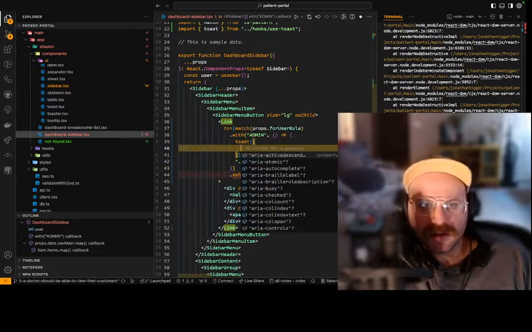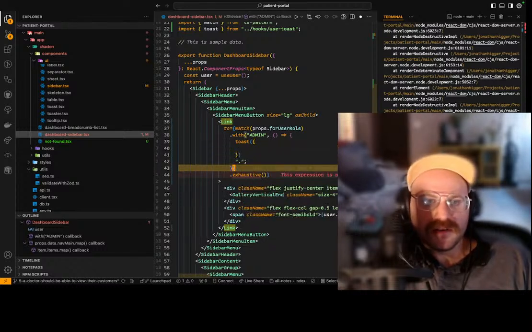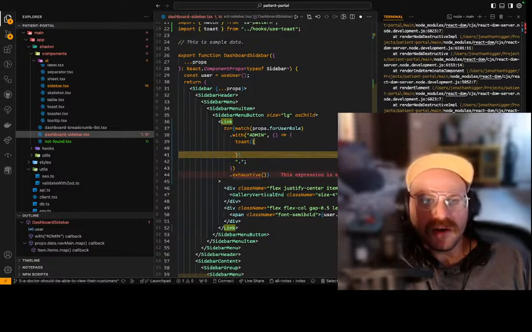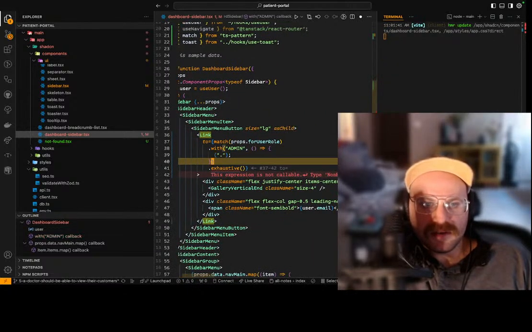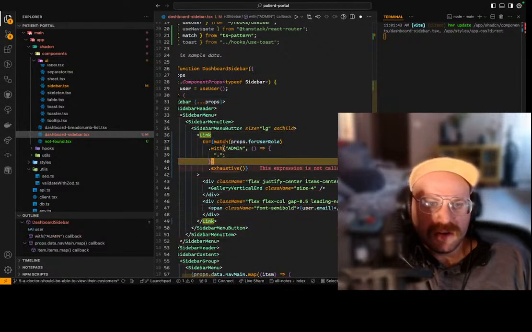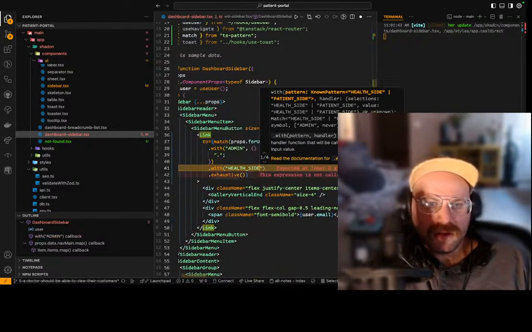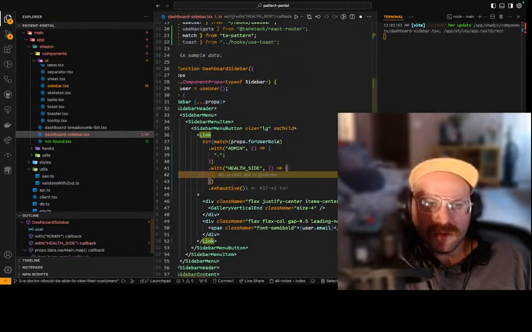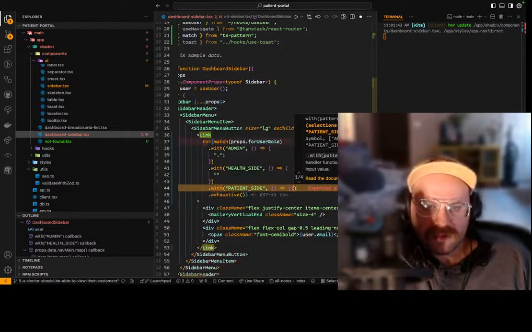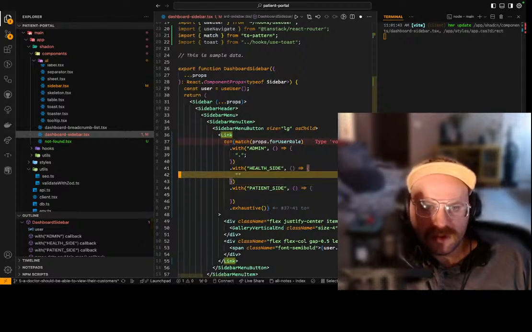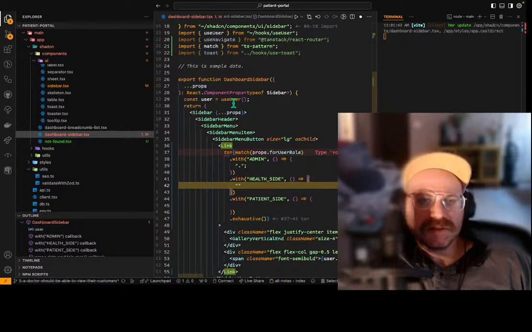Will this work? This will not work. That'd be confusing. But I guess we'll just do this for now. I don't need that toast. We can just get rid of that. We're going to return dot with health side will return. I'm surprised it's not. Will return with it. I wish there was a way to grab this type